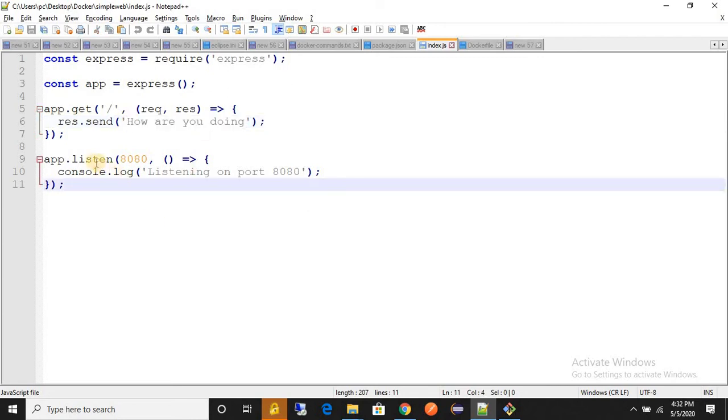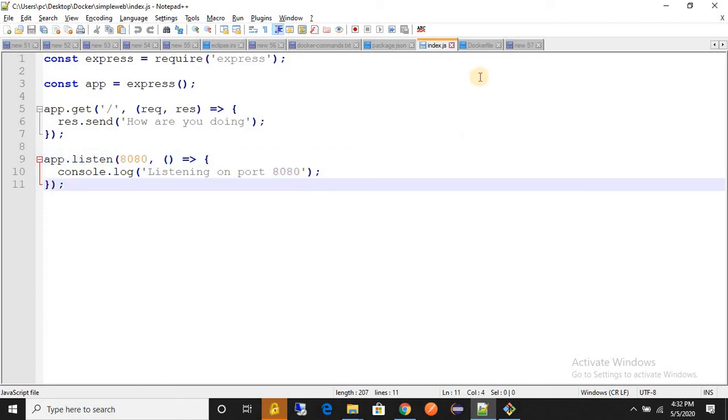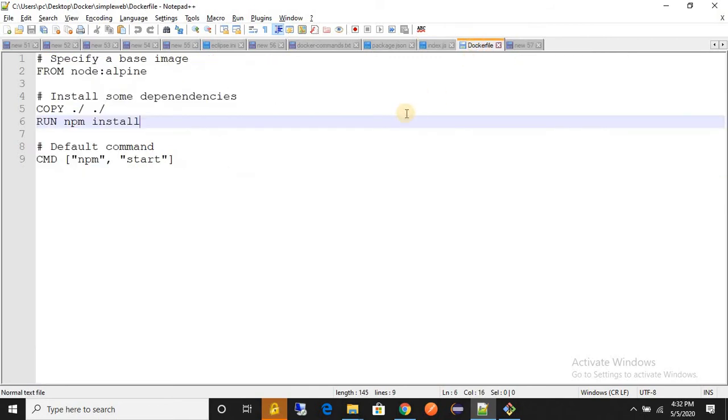And my container port I have given here, that is 8080 and 80, right? And now come to the Docker file. So this is the most important file. Docker file is the most important file. We can write the logic in any language, but we all have to create this Docker file.